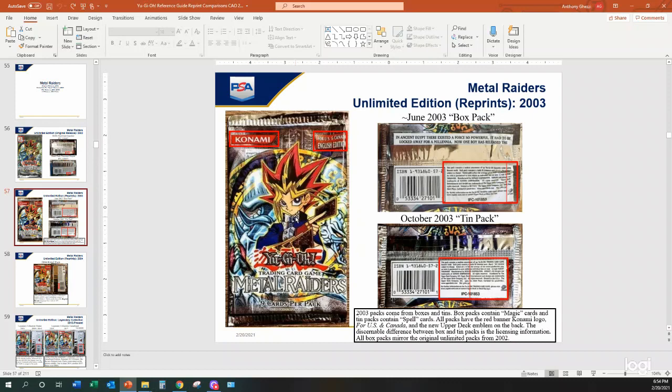So this is the 2003 reprint. There are two types of 2003 reprints, okay? One type was released in boxes and the other came in the October 2003 tin. There is a way to tell the difference between them. So